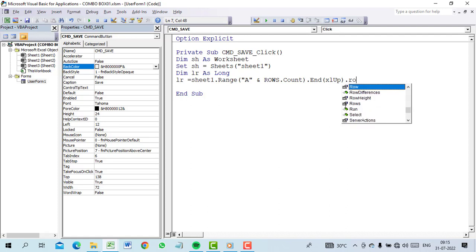You can use the offset formula here also, dot offset with row offset 1 and column offset 0, dot row.